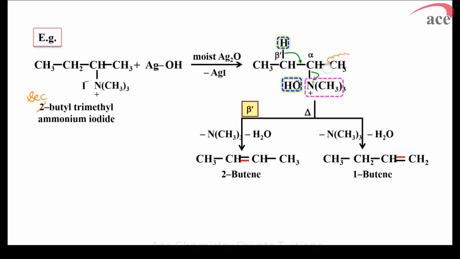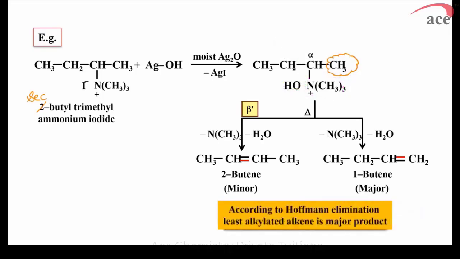Students, here it is the less sterically hindered carbon that will be obtained as the major product. So 1-butene is the major product and 2-butene is the minor product. So in short, according to Hofmann's elimination reaction, it should be learned that the least substituted alkene is obtained as a major product,